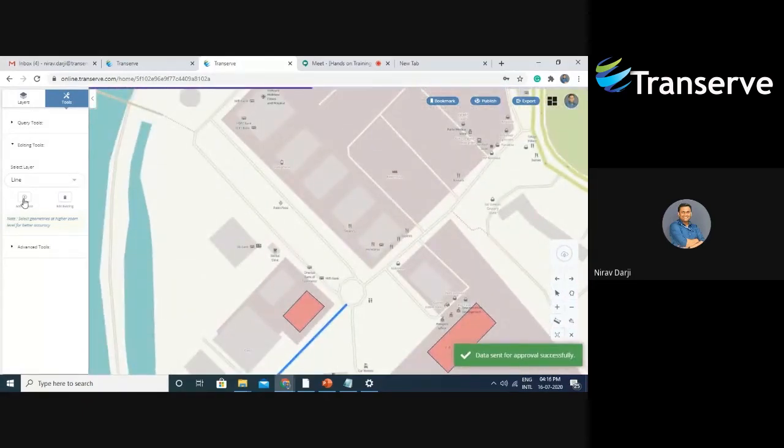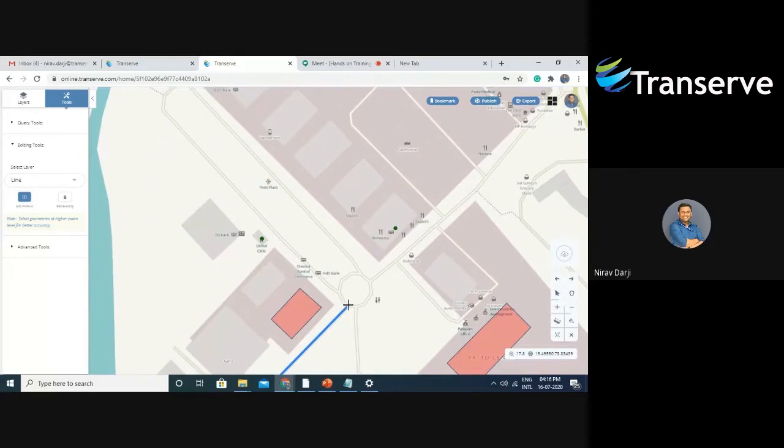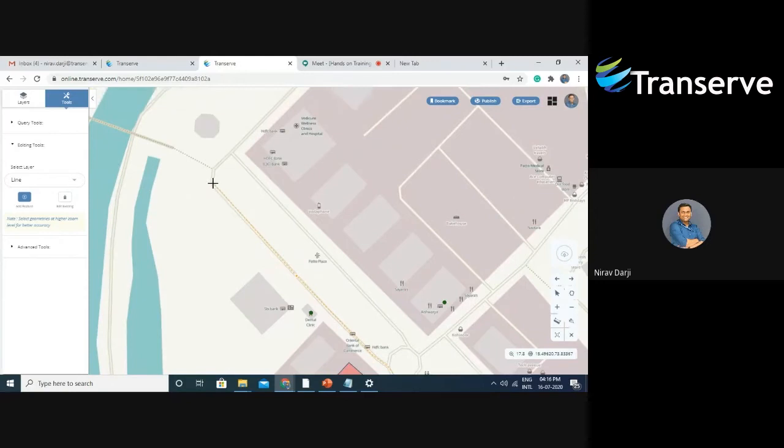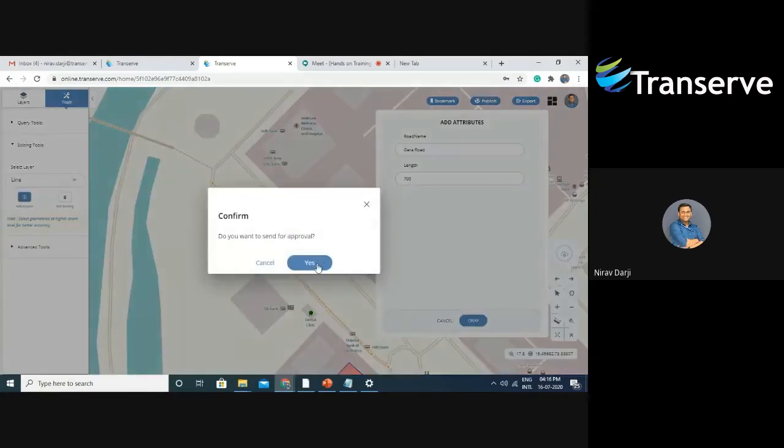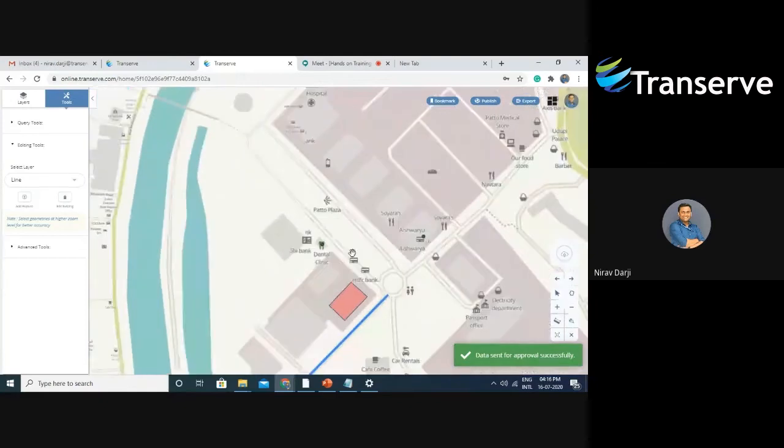I'm going to create one more road. So this way you can create point, line, and polygon features.